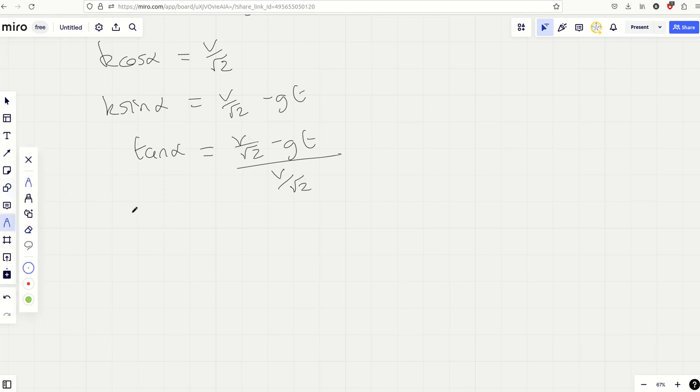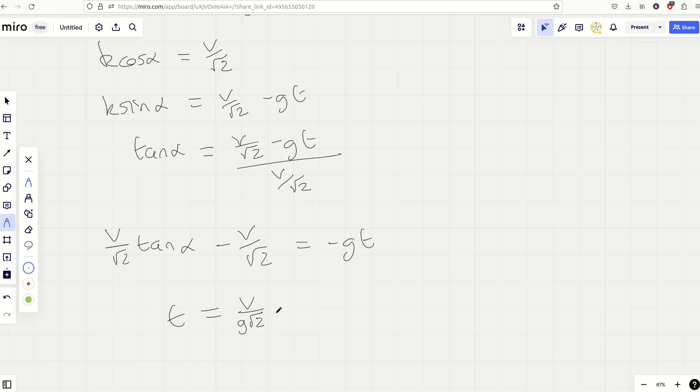Get rid of that. Okay, so now all I'm going to do is rearrange this into t equals, yeah? So I get v over root 2 tan alpha minus v over root 2, if you like, equals minus gt. And so t equals v over root 2g,